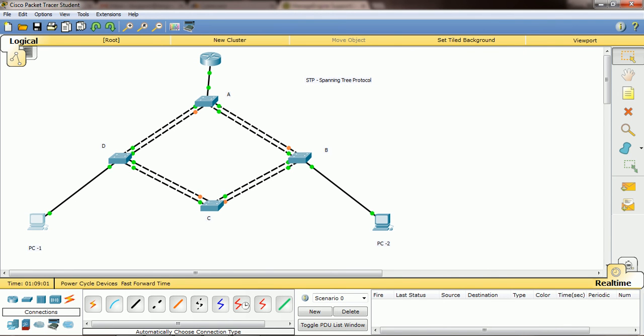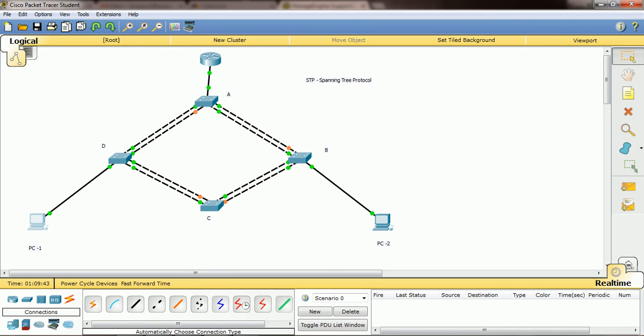By default it is enabled. If you want, you can disable it. And for example, if you create VLAN 10 or 20, whatever it may be, by default spanning tree will be applicable for that also. You can ask the question: by default VLAN 1 is there, and spanning tree protocol is enabled for VLAN 1. If I create a new VLAN 10, will spanning tree work or not? Obviously it will work. By default, if you create n number of VLANs, spanning tree is enabled. If you want to disable it, you can disable it.